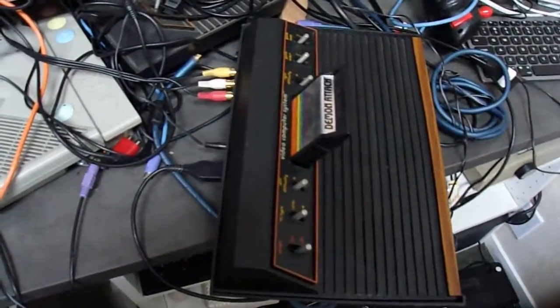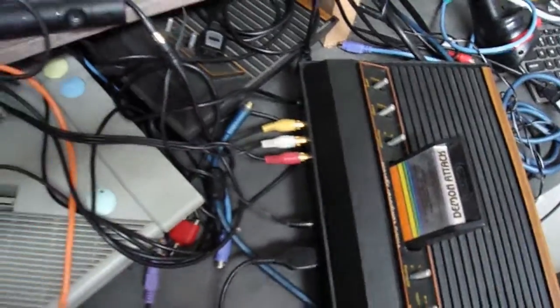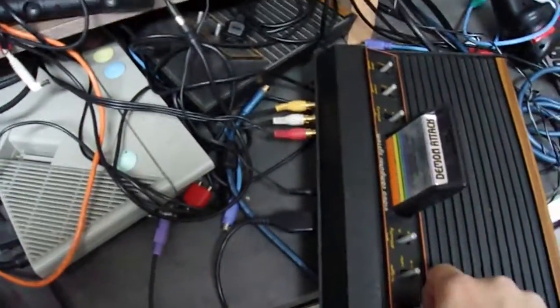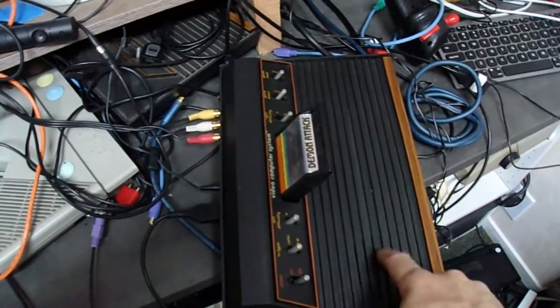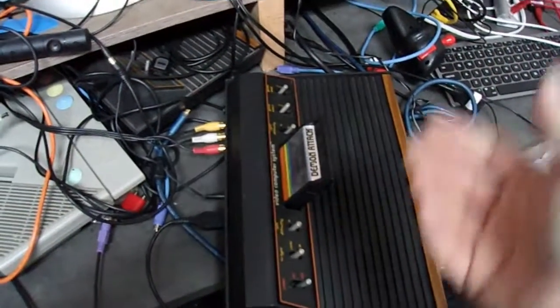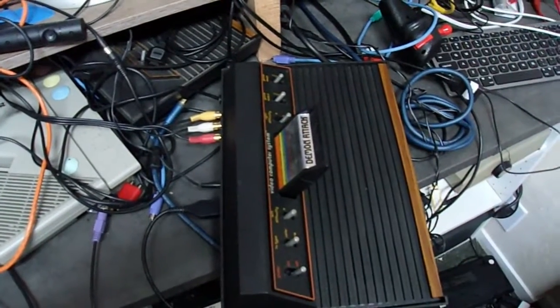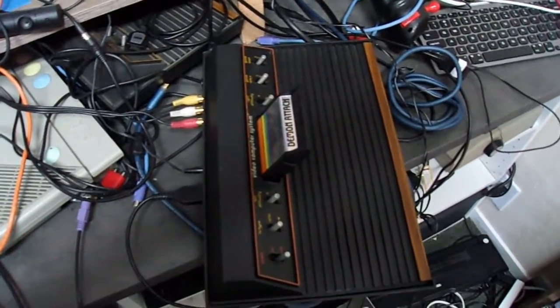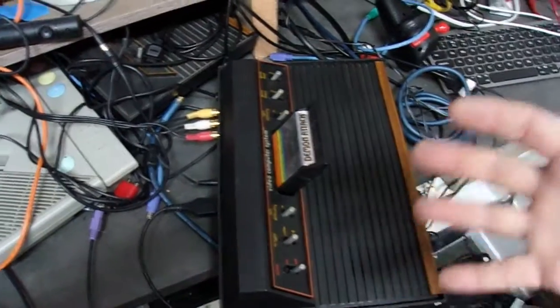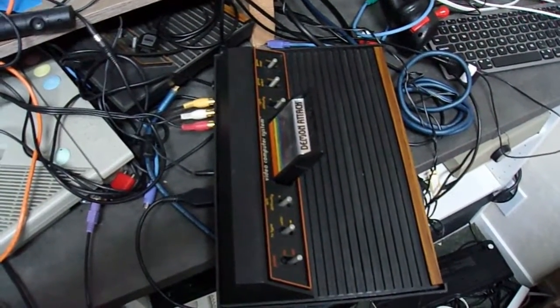Alright, so again, this is just proving that the jacks we installed are working fine. Just going to do a little power on here. And do a video. There we go. One of the reasons why I didn't put a UAV in here is that the modification that was already installed has lifted 6 or 7 pins off the TIA and soldered onto them. And honestly, once you've done that, you've weakened the pins, right? They're already compromised, and